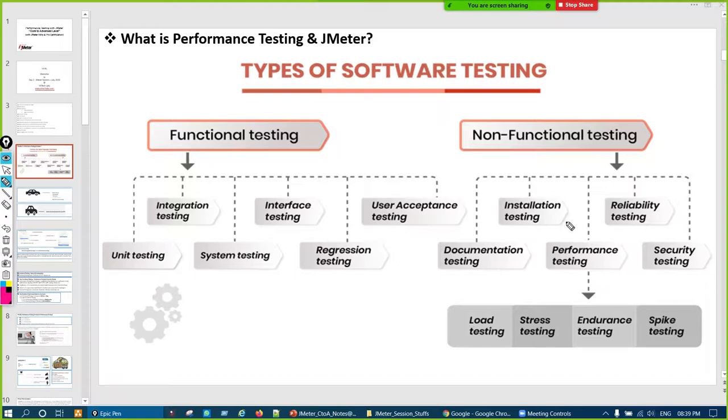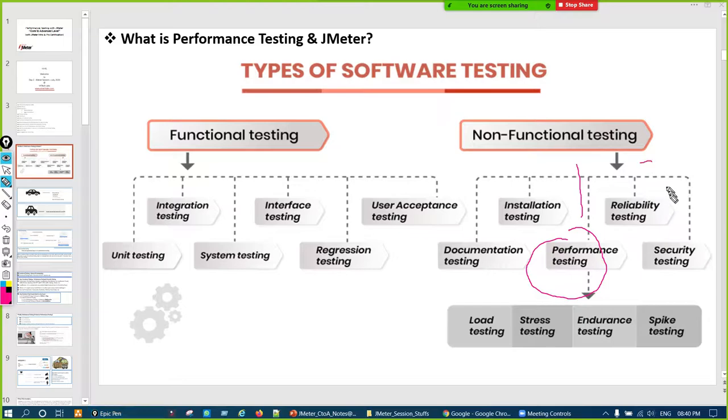Whether that application can handle that much user load or not, right? So basically two things are done in non-functional testing, and inside that in performance testing: one is response time, and another is user load, right?